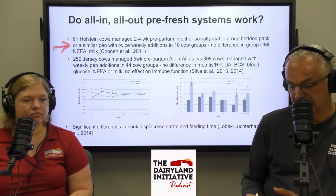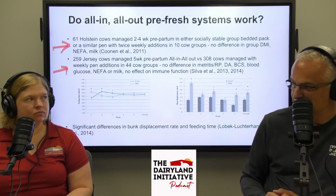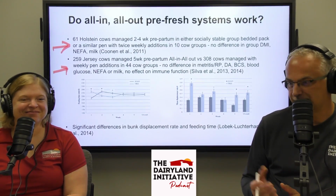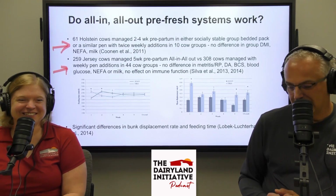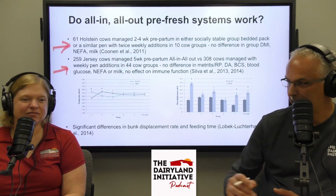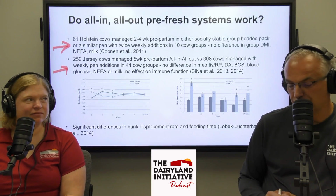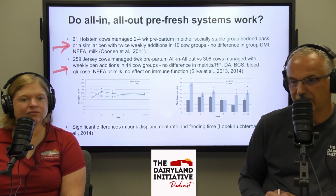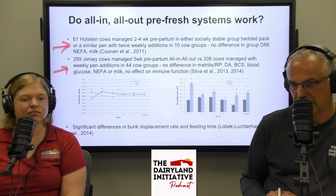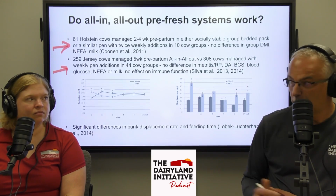Another much bigger study was done on Jersey cows, so the proviso is that it's not Holsteins, it's Jerseys. They probably need a little less feed space, and they're Jerseys, so who knows. That study compared all-in, all-out versus a pen with weekly pen entries. We'll come back to that. Bigger groups, a large farm, 44 cow groups, and found kind of a mixed bag of results. No difference in most of the health outcomes, milk production, immune function,